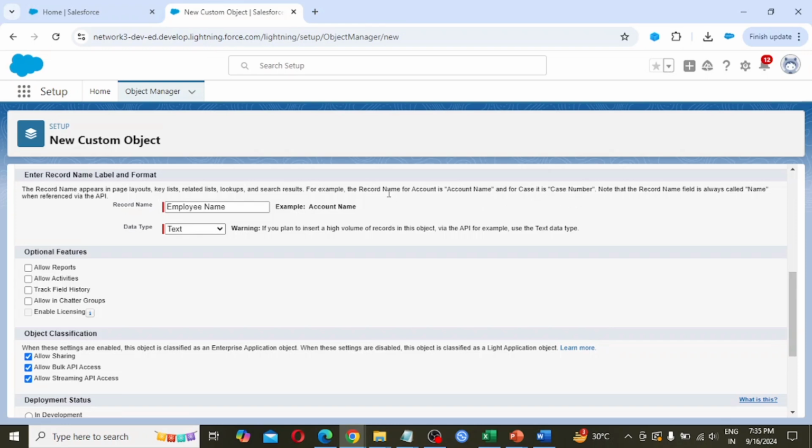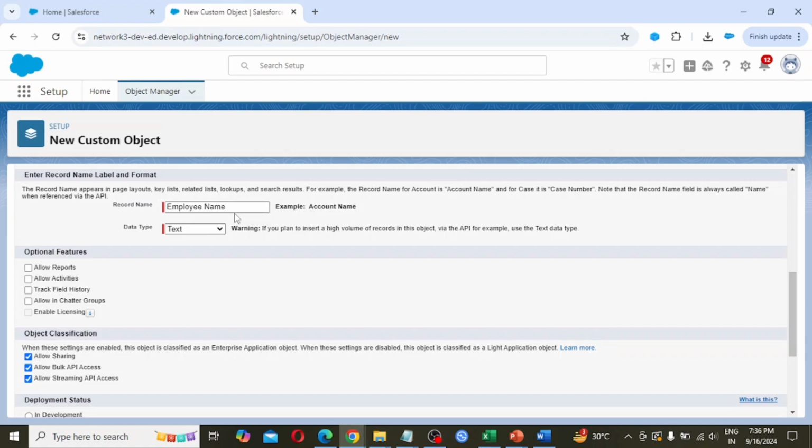So the record name for account is account name, what we had seen just now, and for case is case number. Note that the record name field is always called name when referenced via the API. When we are referencing this with the API, it is going to be called name.